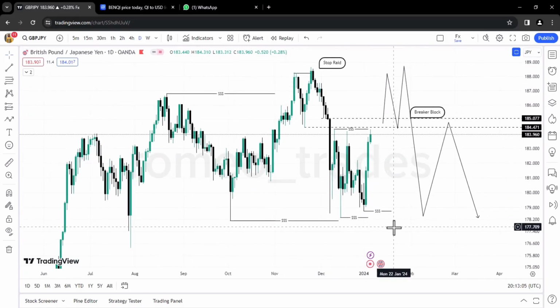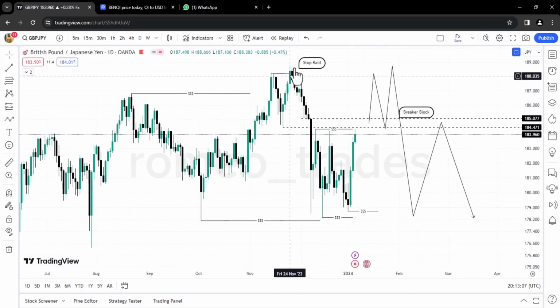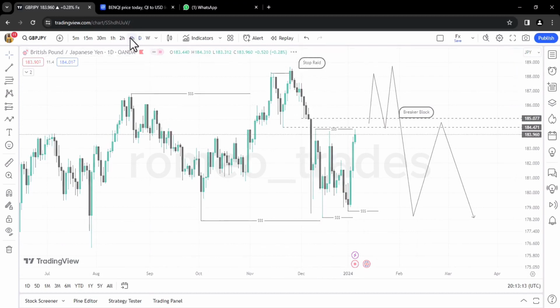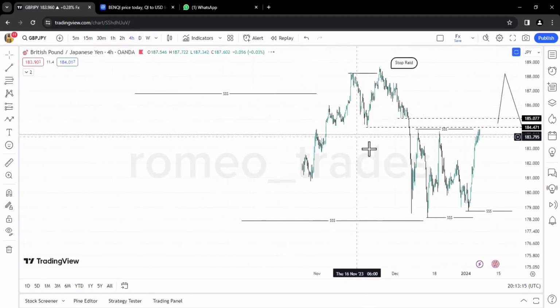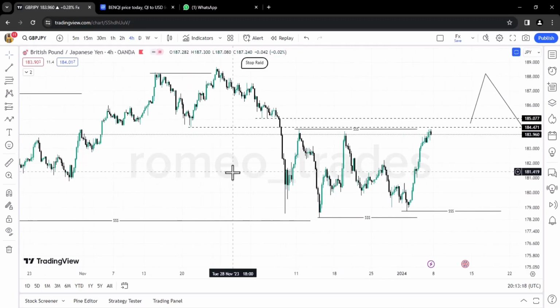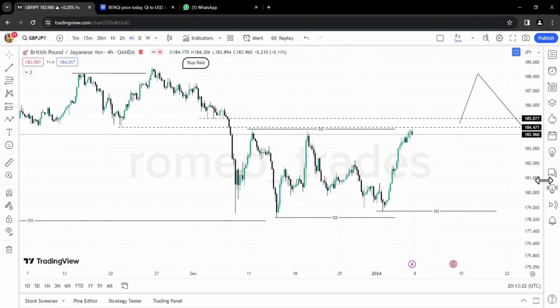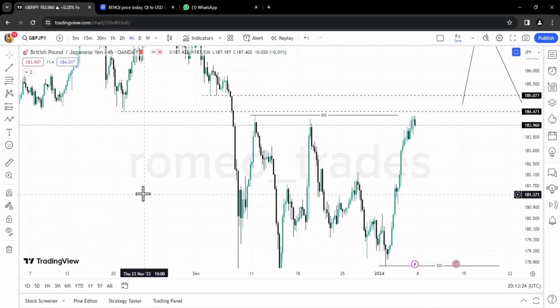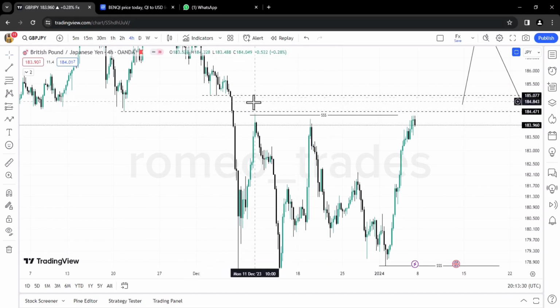The most important thing in this trade is this breaker block that I saw here, which is an institutional reference point. If we look at it on the 4-hour time frame, it makes more sense. Same structure on the daily time frame, same structure on the 4-hour time frame. You can see that my zones are valid, the breaker block and this zone. You can see the liquidity void and FVG